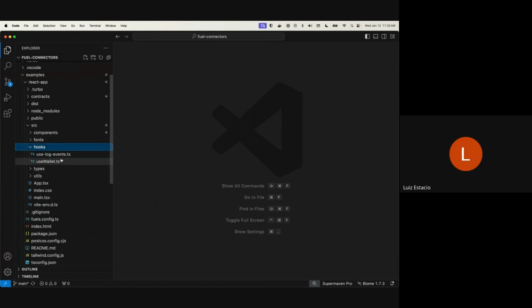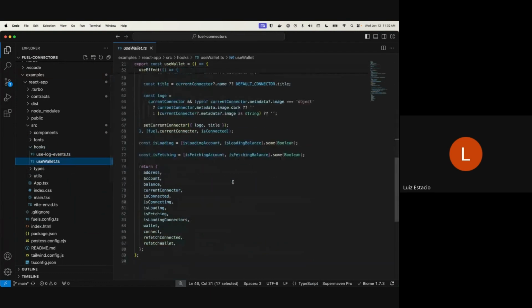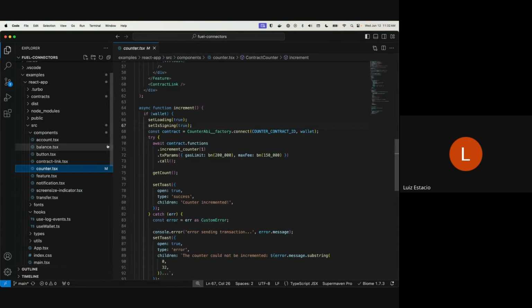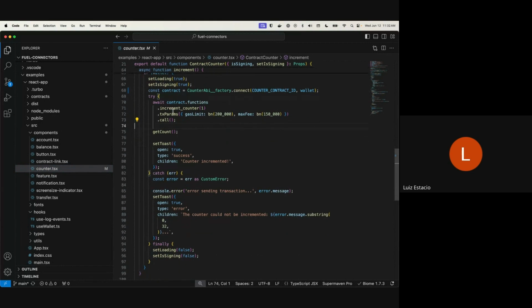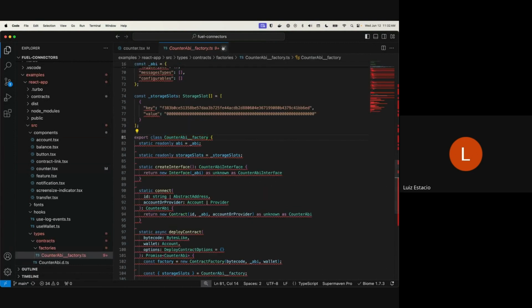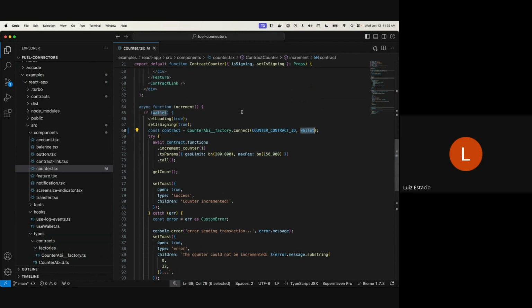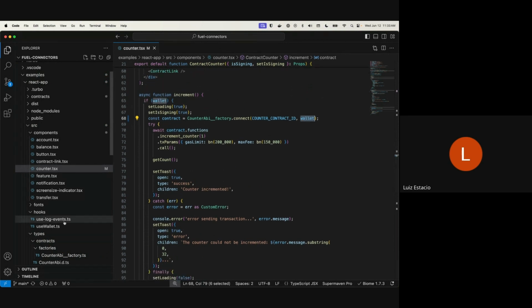And then if we go here, I'm going to go through the part where we consume the contract. Counter here. And then with the types generated, you can simply import the counter factory, which is just a class, from here. And you can connect to the contract deployed on chain, the ID is already here for me. And you can pass the wallet. And in this case, the wallet comes from the connector. When I use the connector, I'm able to also select the wallet.